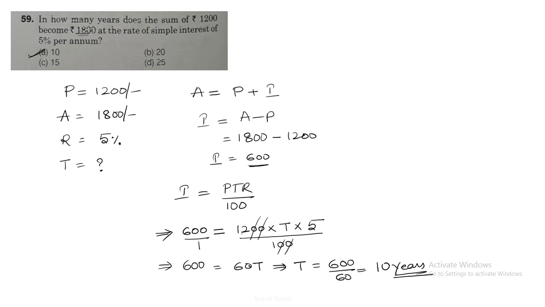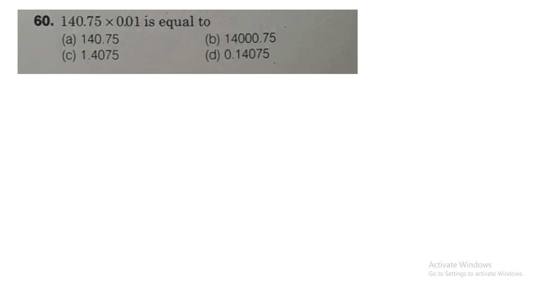Okay. Next, moving on to the last question of this particular solid paper. Right. Now let us see how can I do this. 140.75 into 0.01. Now after the decimal point, how many decimal places are there? Since we are having 2 decimal places, I can write this value as